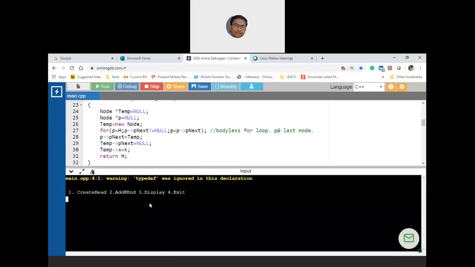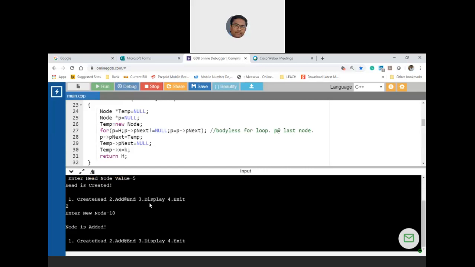Okay, create head. Let me take 5 multiples. Head node value is 5. Now let me add a node. Second node value is 10. Now let me add another node.